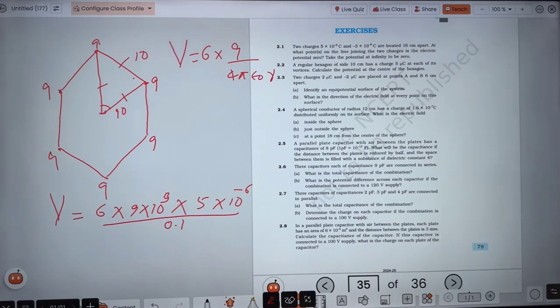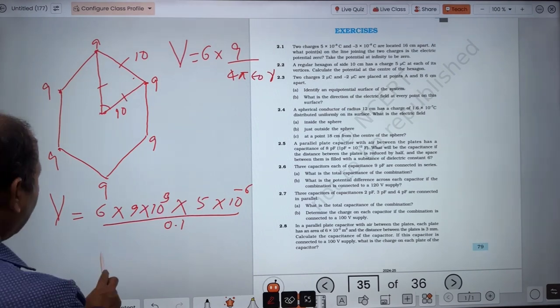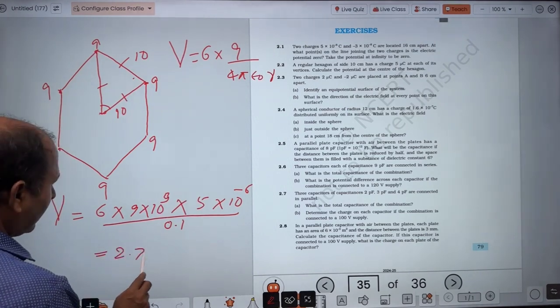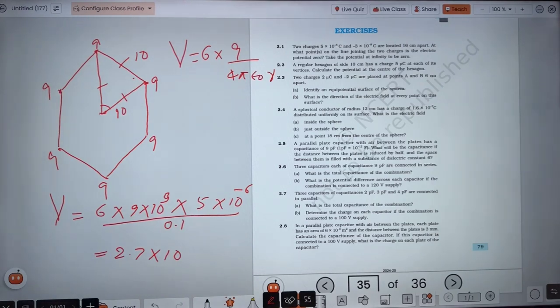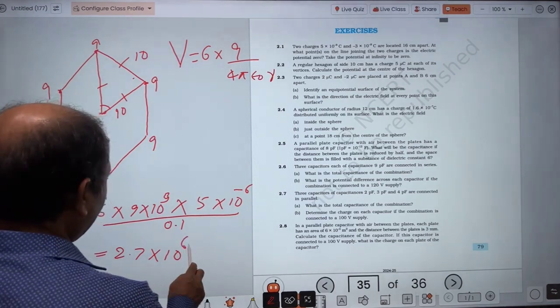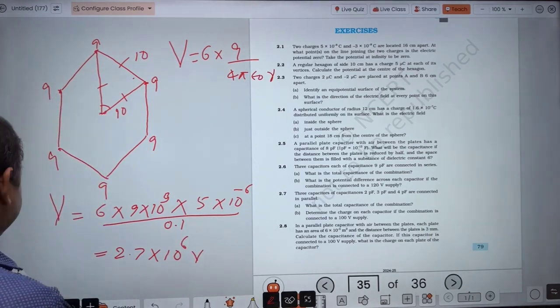Let's take the next question. Next question says two charges, 2 microcoulomb and minus 2 microcoulomb, are placed at points A and B, 6 centimeter apart. Identify the equipotential surface of the system. What is the direction of the electric field at every point on this surface? So it is simple. So here